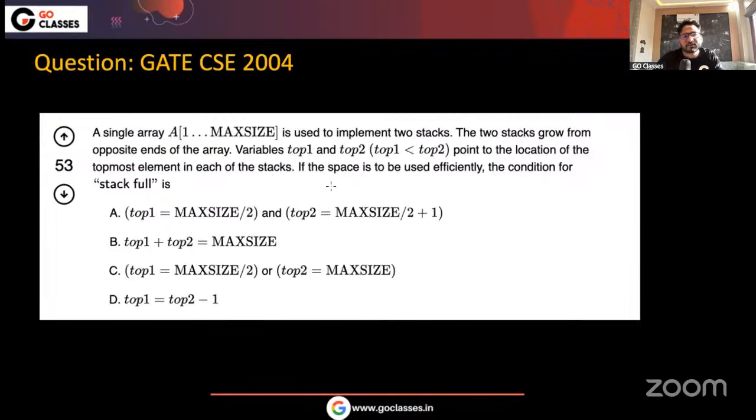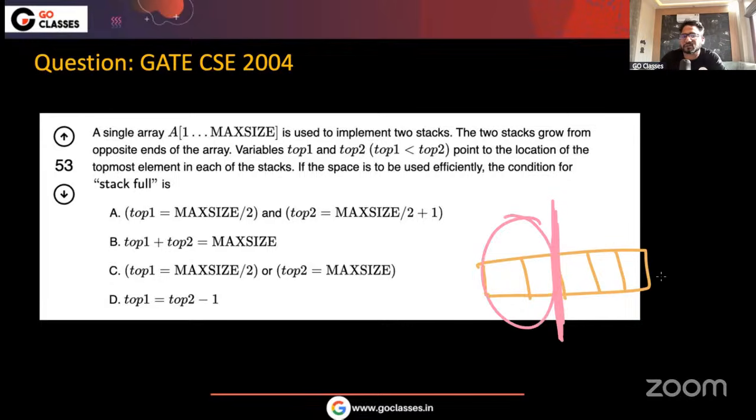Now let's see this. So they are saying that a single array is implementing two stacks. Then what should be the condition of top one and top two? Which means if there's an array, then in this array you should be having two stacks. That's very easy. It is not advisable to divide this array into two halves and say this is stack one, stack two, because stack one might be having just one element, and stack two may want to have more than n by two elements.